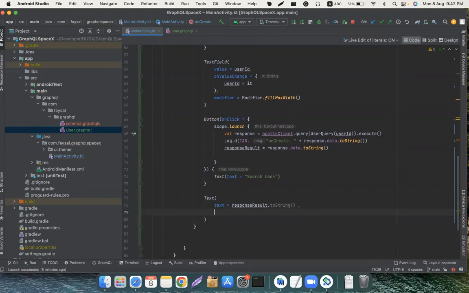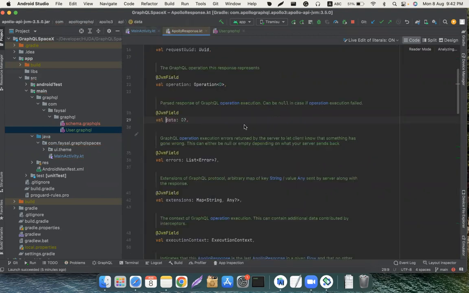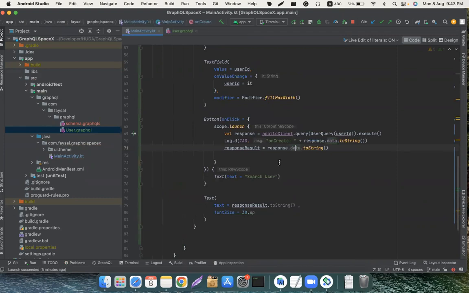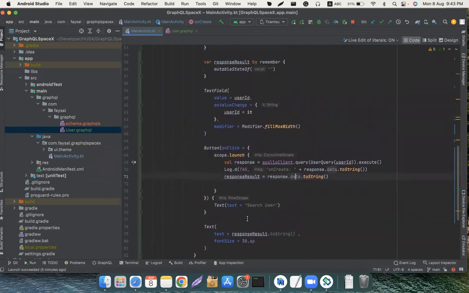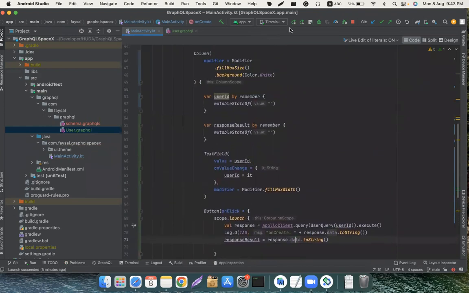and let's add more properties first. You can avoid toString because the result is already a string. The result is actually provided in data format, a data class, so I have to convert it into a string. Okay, so if I now run,